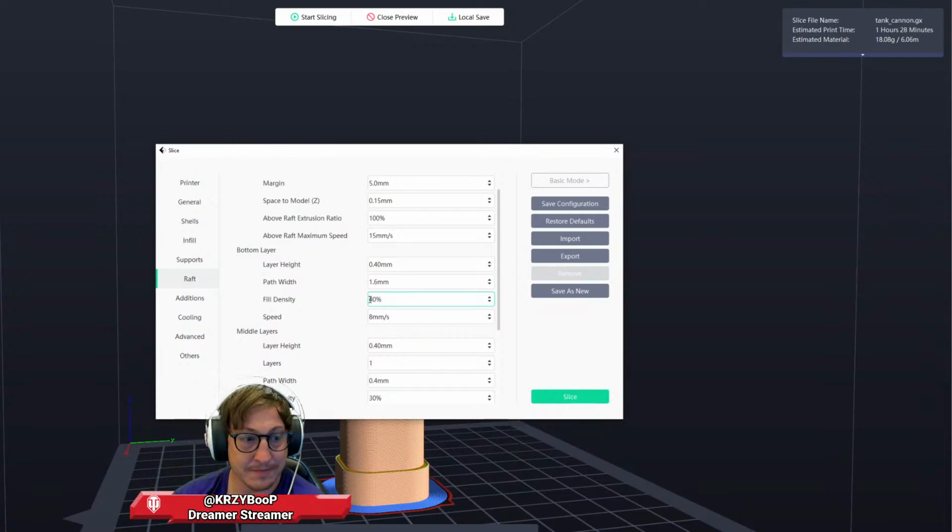Oh, are they? Rusa. Oh, you did? What'd you print? That thing stays there. It's part of the model. Well,